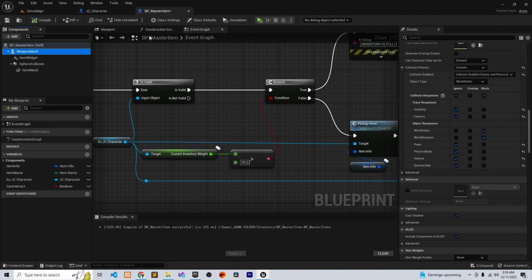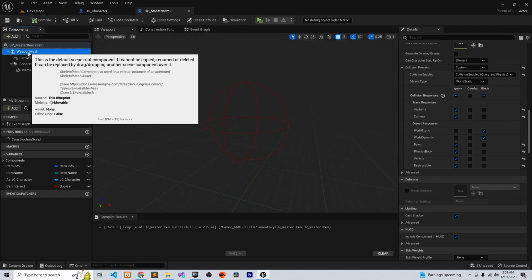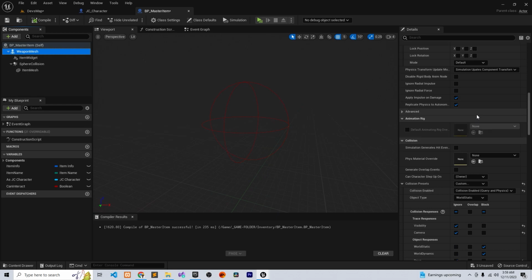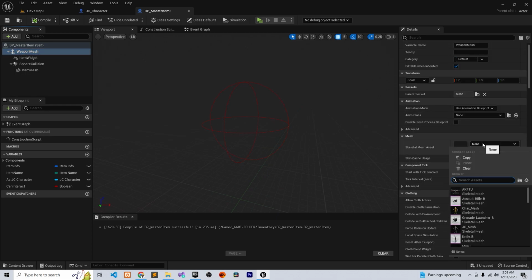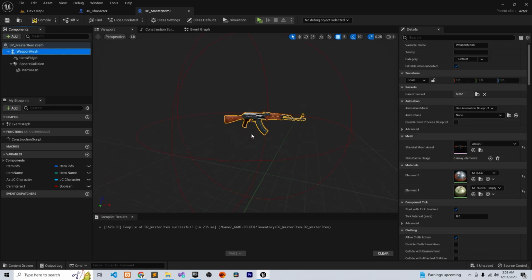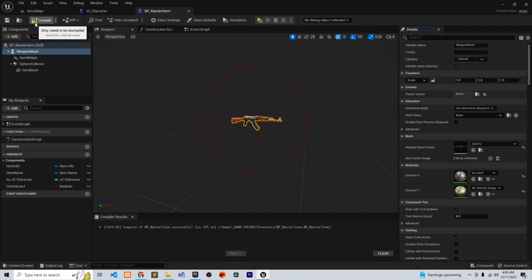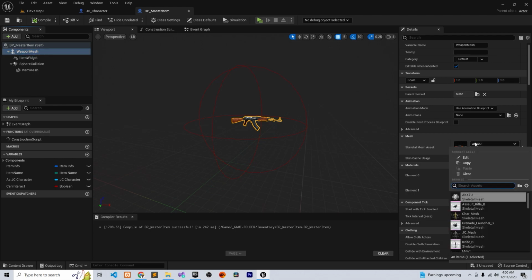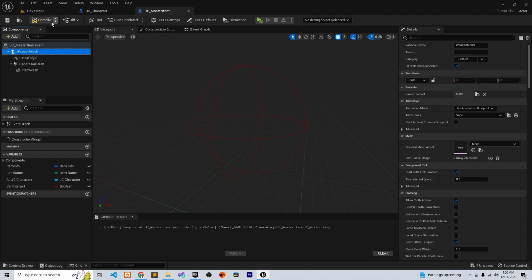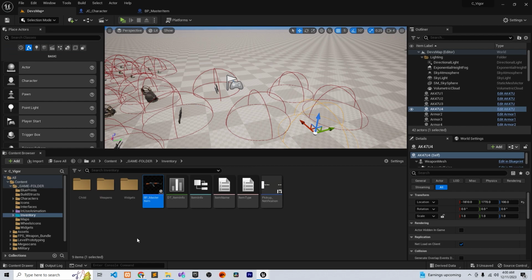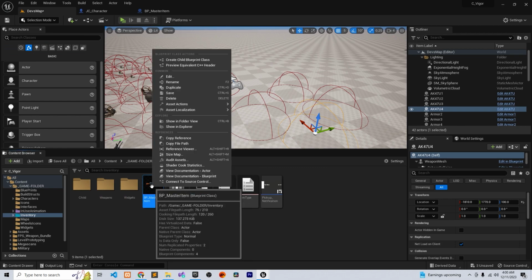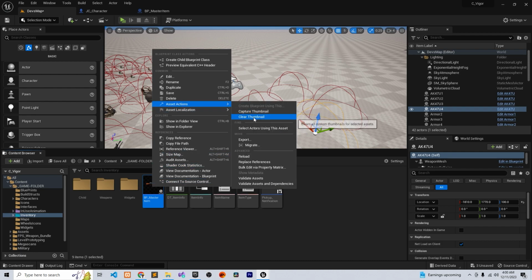And if you go to the viewport, click on the weapon. We need to select static mesh or skeletal mesh and check for physics. Simulate physics, compile, save, and you can remove this. But when you do, what's gonna happen is it's gonna remove it from the AK. And here you can just right click, asset action, clear thumbnail,